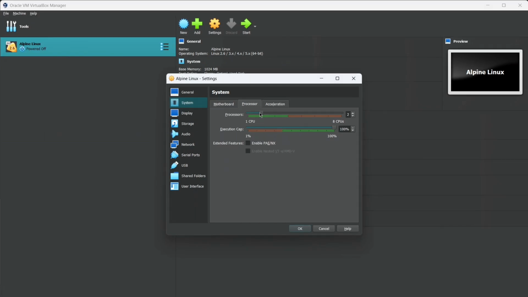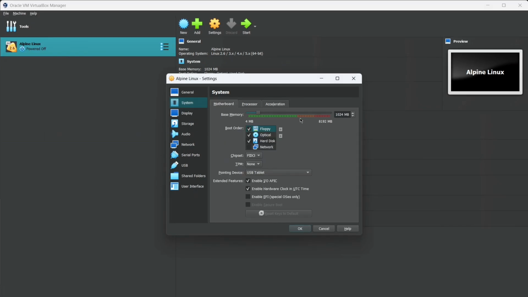Then we go to the Motherboard tab and configure the base memory, or RAM. In this Motherboard section, you can adjust your RAM within your max RAM.